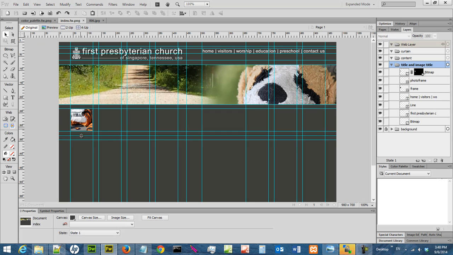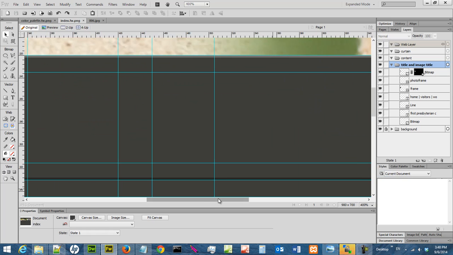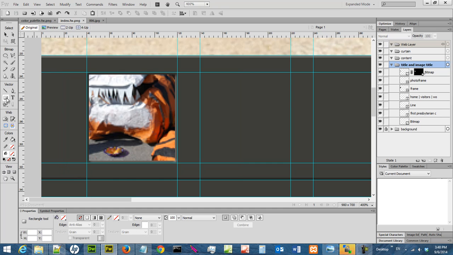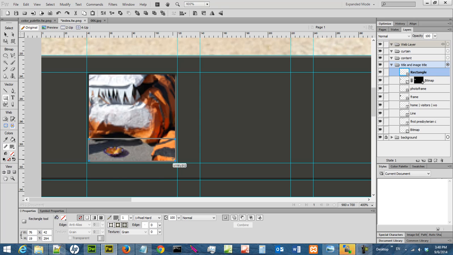And we are going to create. Let me make this 400% again. We're going to create text on top of it, but text will look really bad if you don't have some kind of a shadow at the background. So I'm going to create another rectangle. I'm going to draw something here. I'm going to create a rectangle that is 76 times 18,